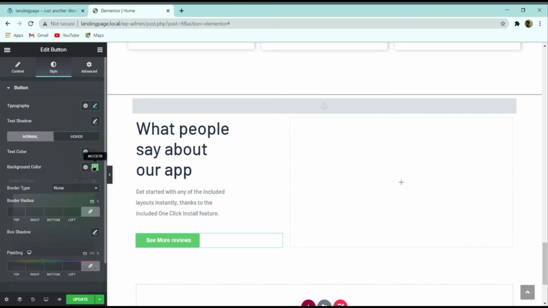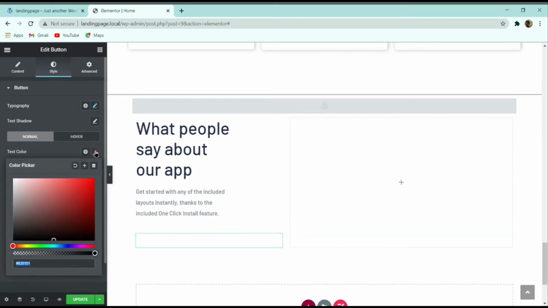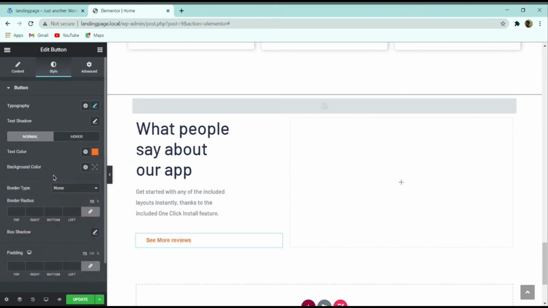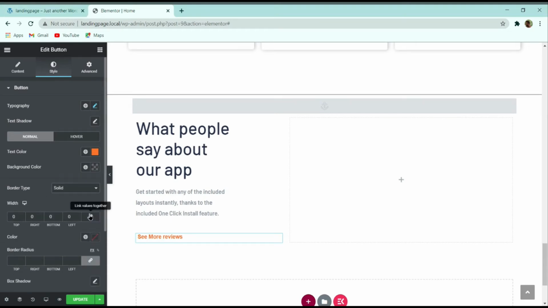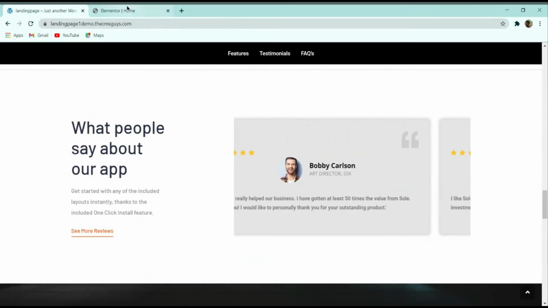After that background color, simply remove the background color, and then let us change the text color to FA742B. And then here you can see that padding I will completely make the padding to 0, and then border type select solid, and then we unlink the width, and give bottom width of 2. After that you can unlink the border radius to 0. So here you can see that this is the button which we have got, exactly the same button which we want.